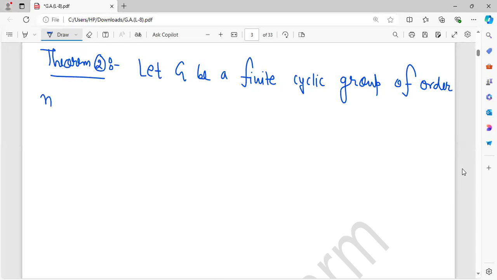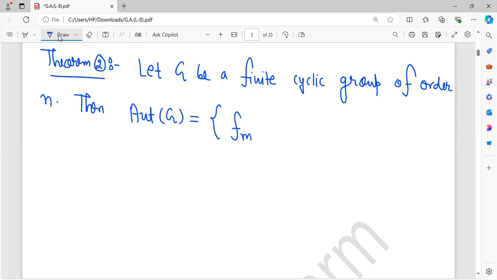Then the automorphism group of G is equal to